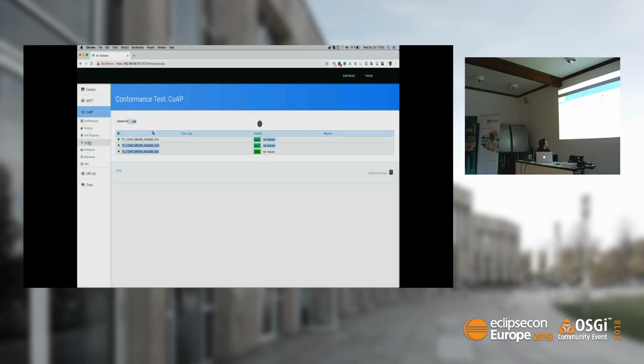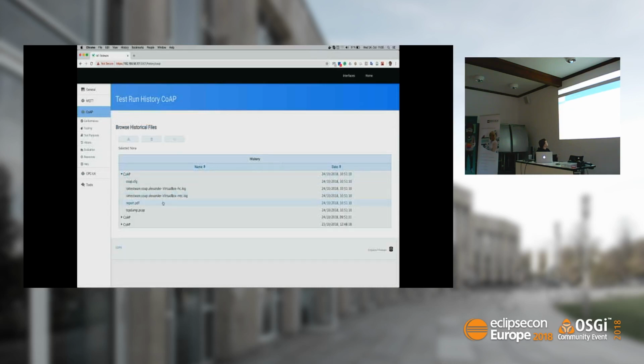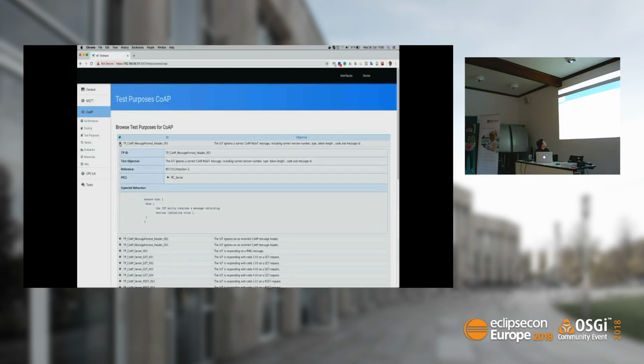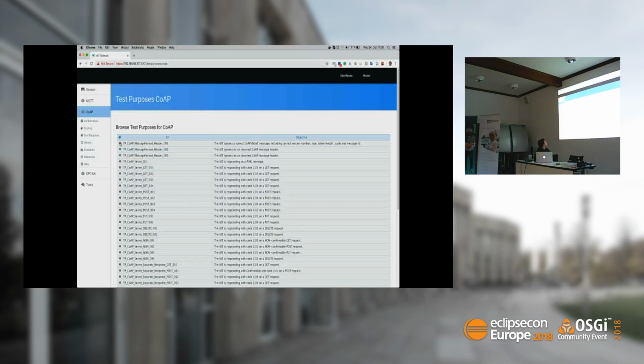And of course you can also have the same things like reports generated, and the reports consist mainly of things like that, which tells you this is the test purpose, and for the test purpose you have a timestamp and all your test verdicts. So it's the same thing there, and we also plan to have the same thing for OPC UA afterwards, which might just ensure the conformance of implementations.